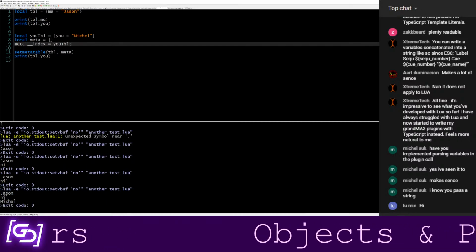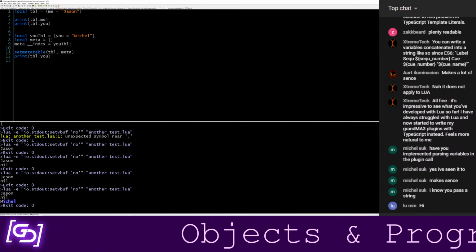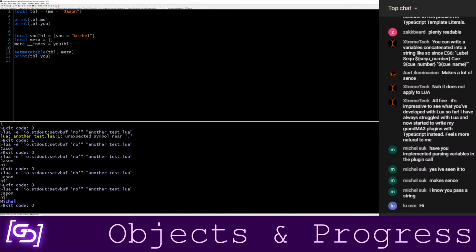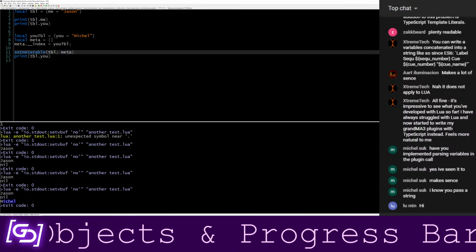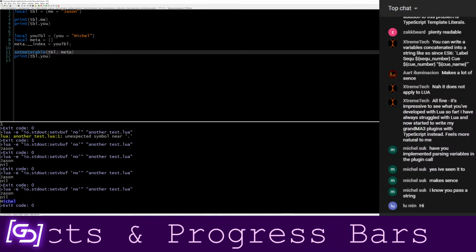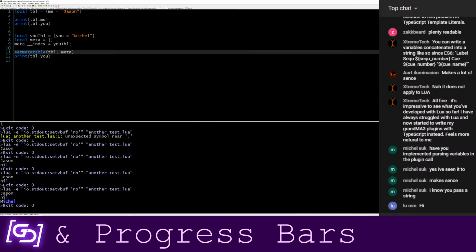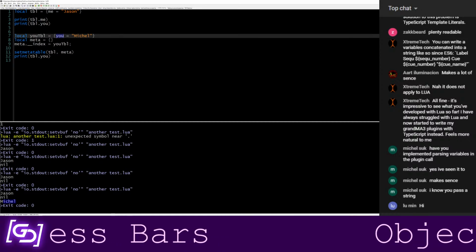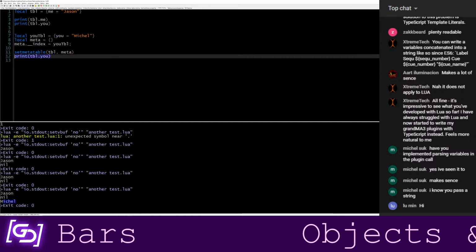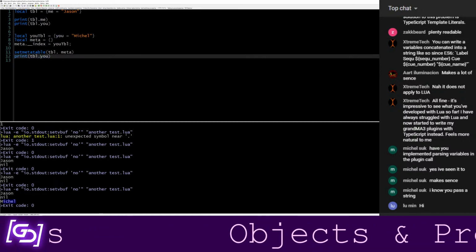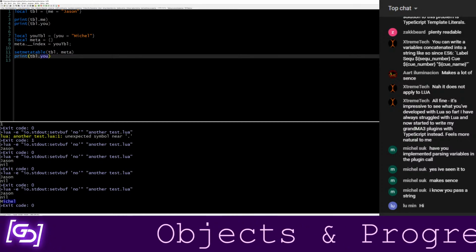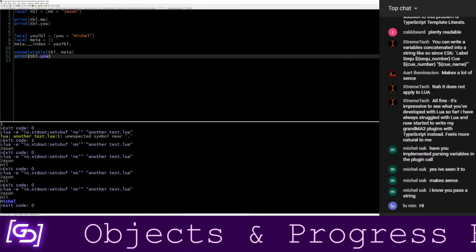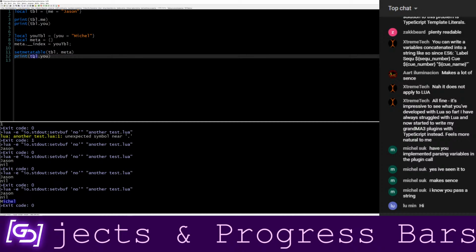But if I run this again, we can see that now it will find a value for that, because it checked this table's meta table, and in there it went, okay, well, check this table, and this table just so happens to actually have that index. So now we actually have a value that will be returned when we're trying to access something that, on the technical level of what this table contains, doesn't exist.